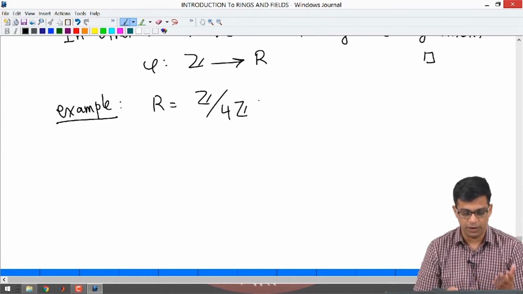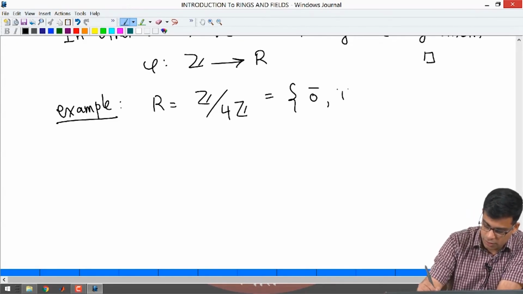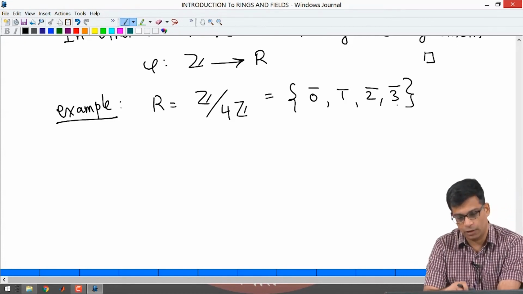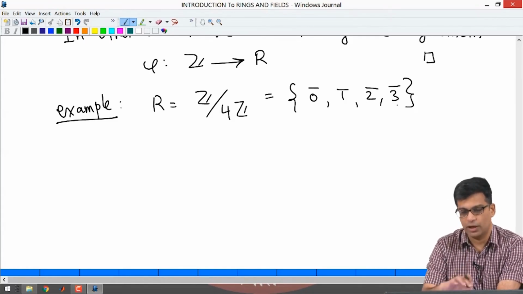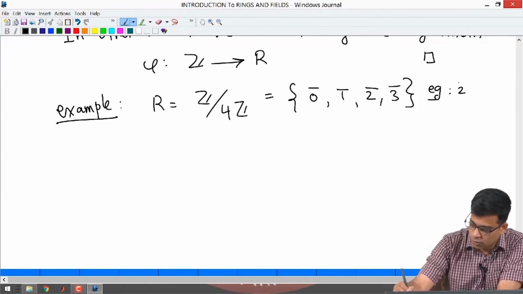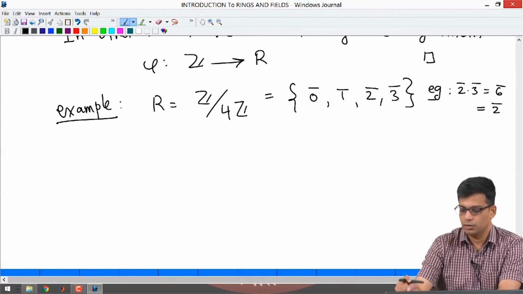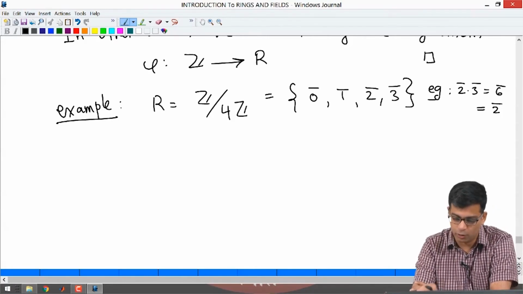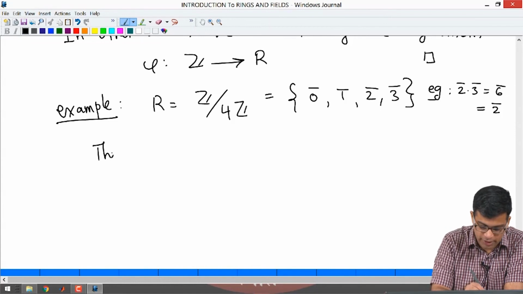Remember, in a previous video we learned how to give a ring structure to these cosets. You think of Z as an abelian group, 4Z is a subgroup of the abelian group, and you take the quotient group. It will have 4 elements on which you know how to multiply. For example, 2 bar times 3 bar is 6 bar, which is actually 2 bar. Using this idea you can multiply any 2 elements here, and that makes this a ring. So, by the proposition before there is exactly